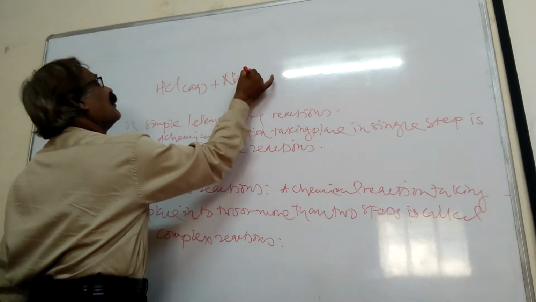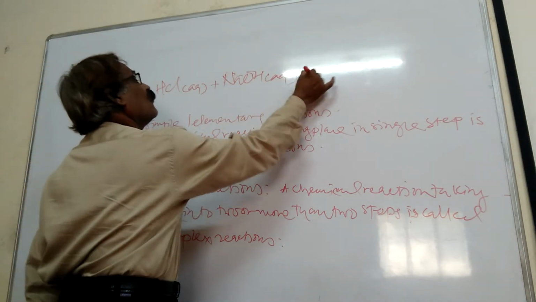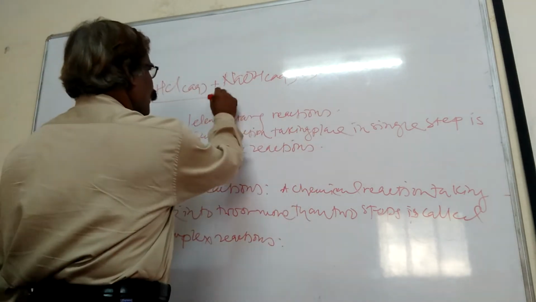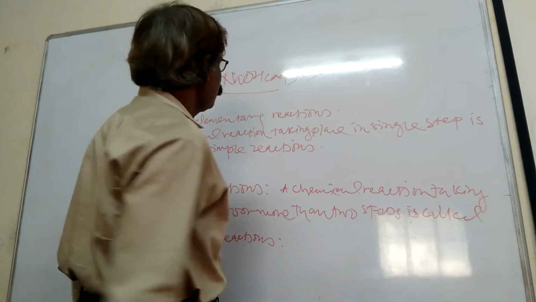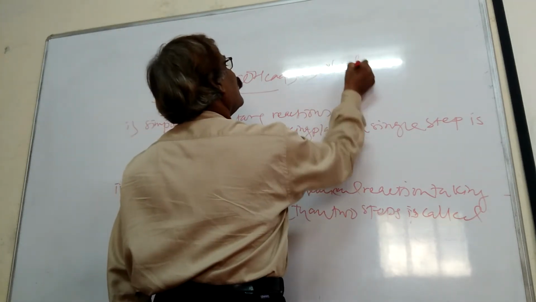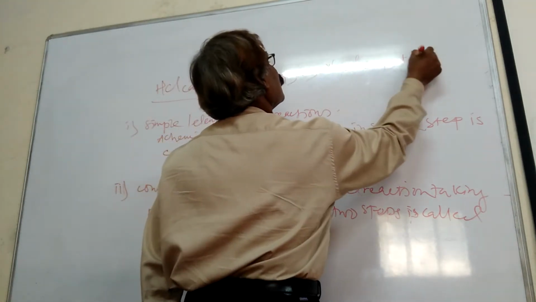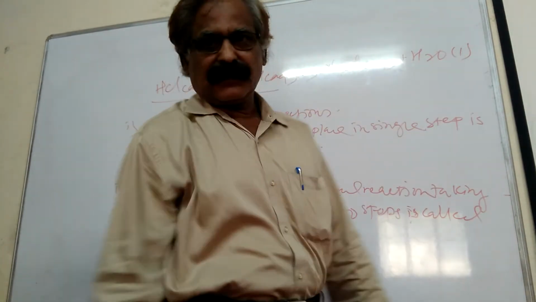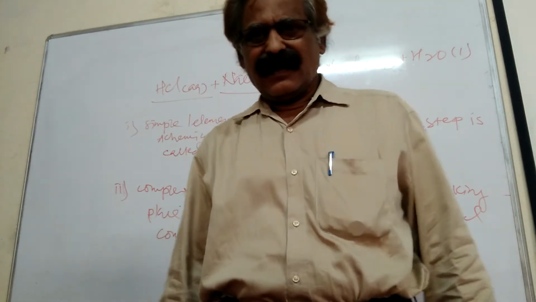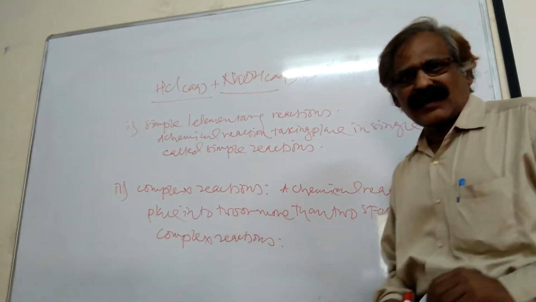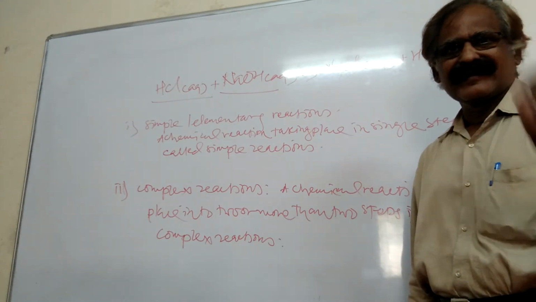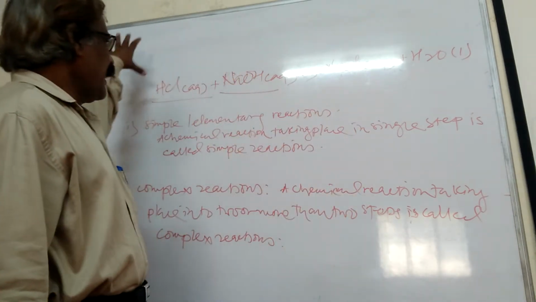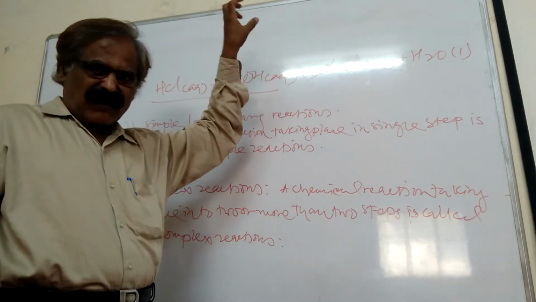Here we will see that when we mix HCl solution with NaOH solution, we get NaCl plus H2O. This reaction takes place in a single step, or we can say that this reaction goes to completion